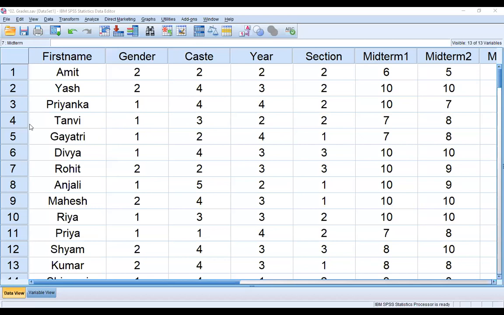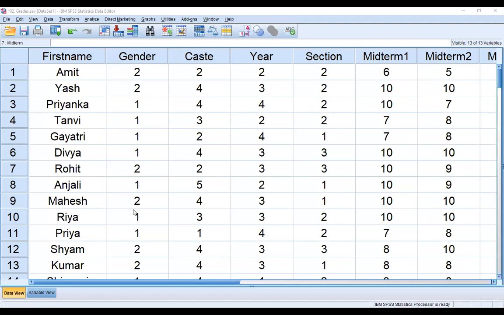So how will I select the cases? For example, you have collected data of 4 districts: Lucknow, Delhi, Kolkata, and Chennai. If you want to analyze only Delhi participants' data, then how to select the cases?